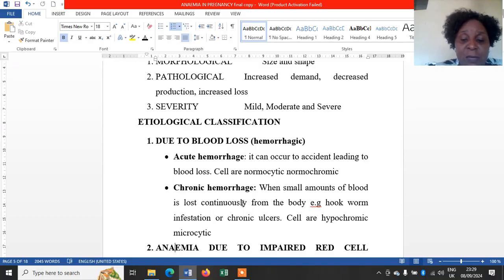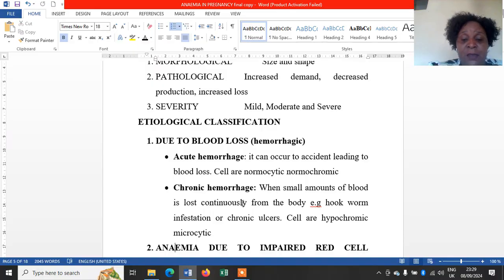What does it mean? That on visual inspection through the microscope, when you look at the red blood cells of a mother who has had a chronic hemorrhage, the cells will look light, that means hypochromic, and they will be small,